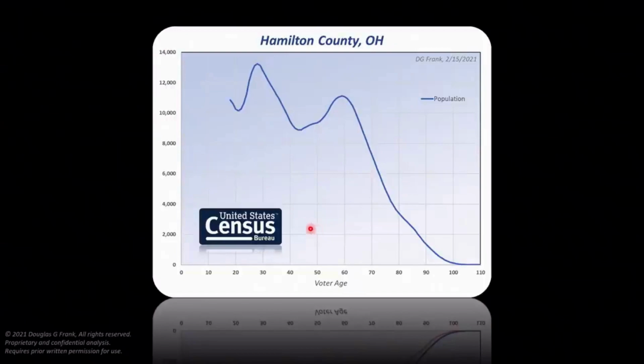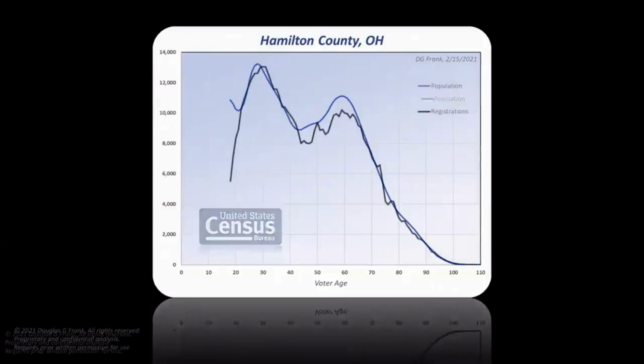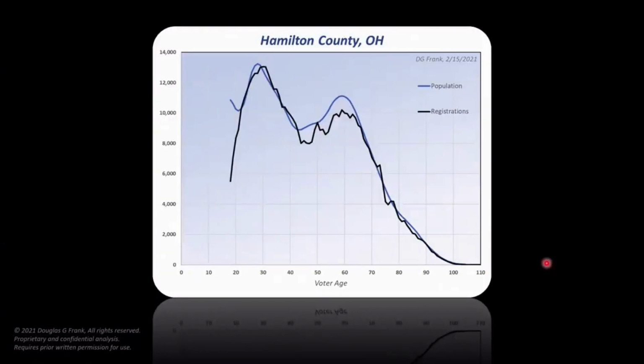I can kind of show you. Here's another county. Here's Hamilton County, Ohio. That's near Cincinnati. And once again, I'm starting with the census population. This isn't me making anything up. This is right from the 2019 census, because that was the most current census at the time. And then this is who's registered in Hamilton County. Does this look familiar? Yeah. You see those same peaks. 1, 2, 3, there they are, exactly. Same as in the other. Nearly 100% registration across the board. There you go. Which is unheard of.